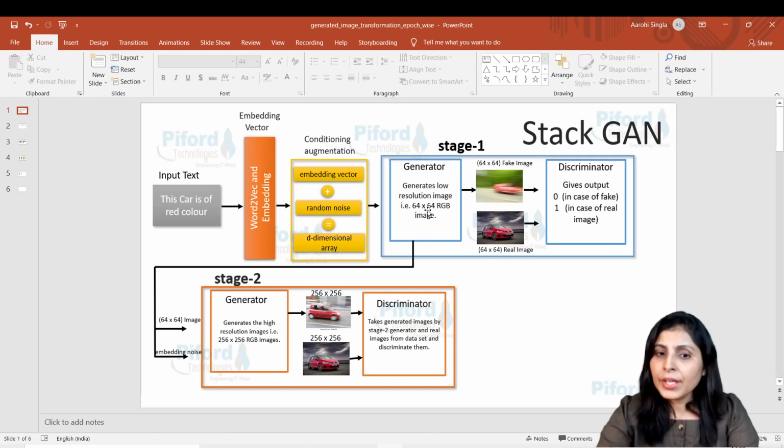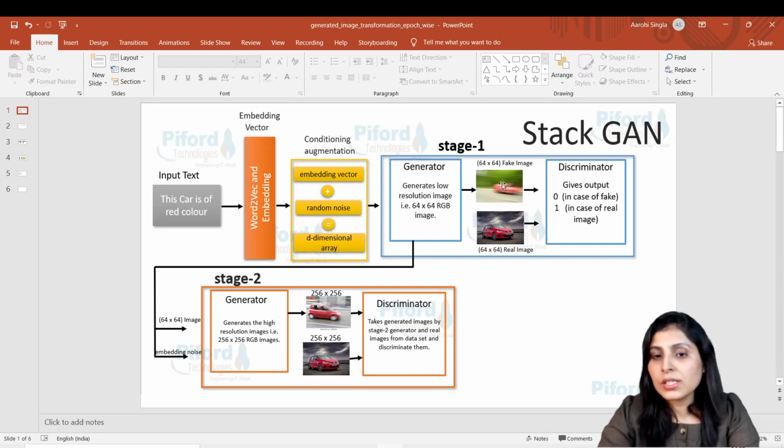Over here this generator will provide us an image of size 64 by 64, right? Why 64 by 64? Because in the StackGAN paper they have defined that this generator will give a generated image of only this resolution, right?